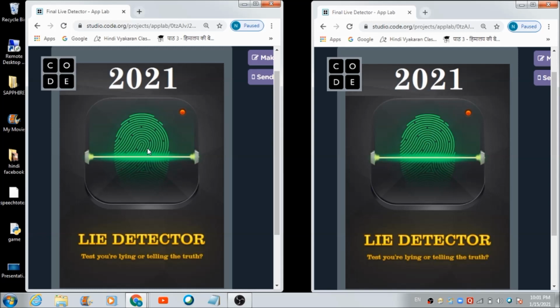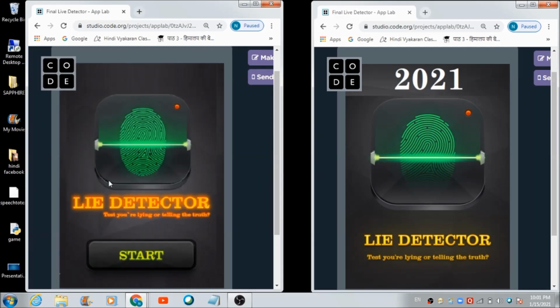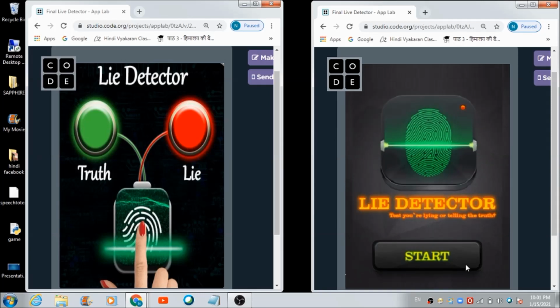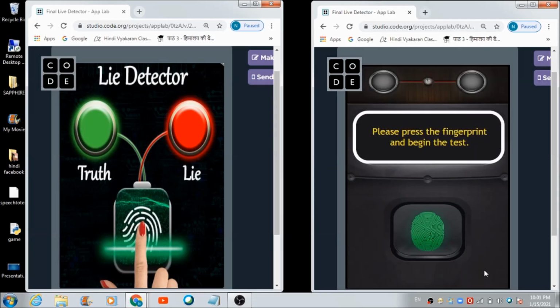How can I access the admin panel? I just have to hit this button, and on the screen I'm going to come across, there are two image buttons, or you can say two label boxes I have defined. This one is going to redirect me to the admin panel, and if I hit this start button, it will redirect me to the user panel. Now as soon as I bring this cursor on this fingerprint kind of image, let's see what's going to happen.